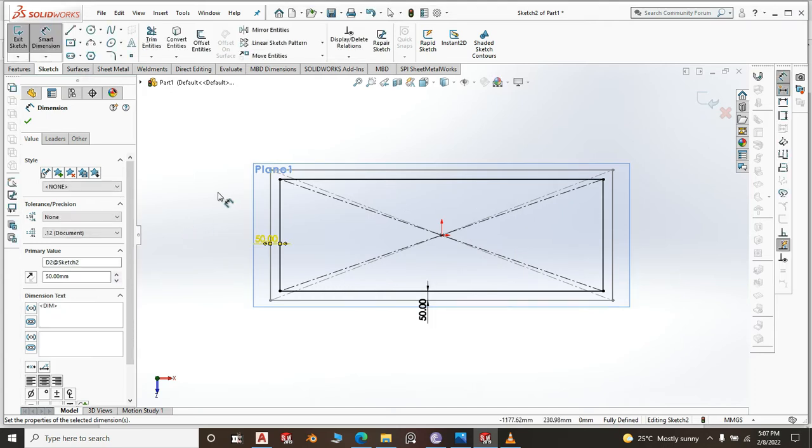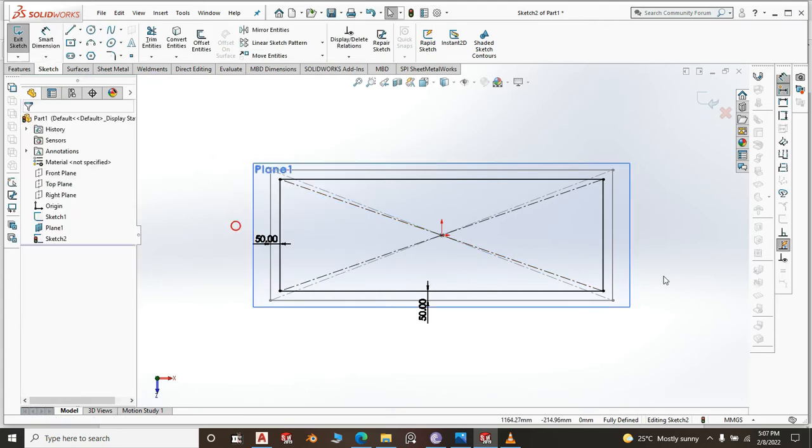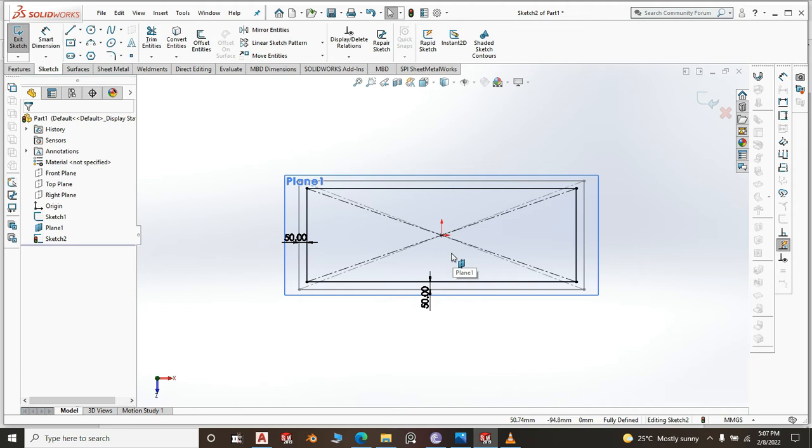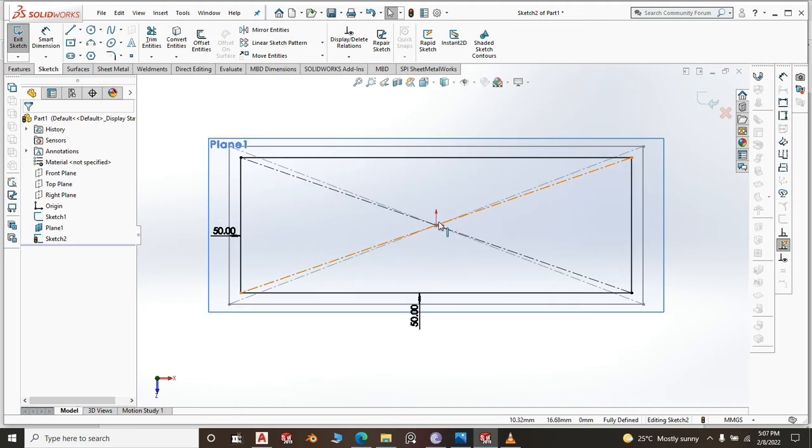Since the rectangles are centered completely, coincident at the origin, it will adjust itself equally on this side and also on this side. If you were to do a dimension on this other side,